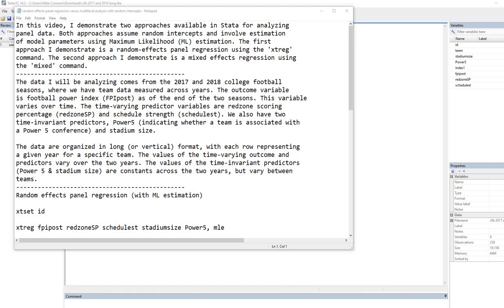The data I will be analyzing comes from the 2017 and 2018 college football seasons, where we have team data measured across years. The outcome variable is football power index as of the end of the two seasons. This variable varies over time. The time-varying predictor variables are red zone scoring percentage and schedule strength. We also have two time-invariant predictors, Power 5, which indicates whether a team is associated with a Power 5 conference,